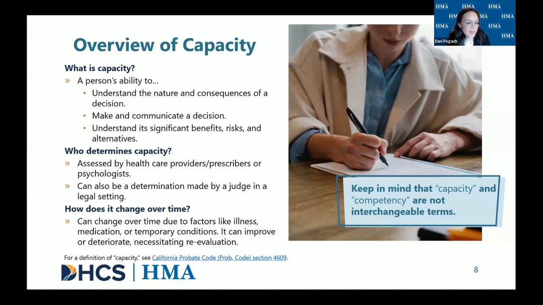Thanks, Dr. Avery. And I just want to make one final point to distinguish between capacity and competency. These terms are often confused with each other by everyone, not just lay people, but professionals, including the three of us. And we had a discussion about this while preparing for this presentation. So please keep in mind that the concept we'll really be digging into today is capacity. Competency is a term that comes up that is related to criminal court proceedings. And so I just want to make sure we make that distinction. So we can go to the next slide.